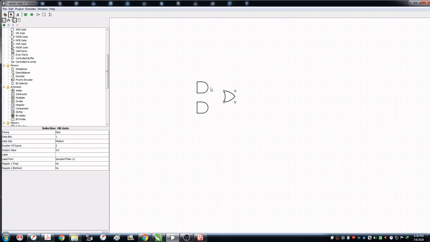Then how can we connect this? We just have to drag the mouse and give the input. It will show red because it does not have any input. When we apply the input, it will turn green. That will show that your connection is correct. Similarly, we give the output of this AND to this OR.